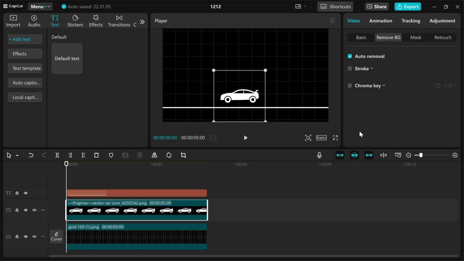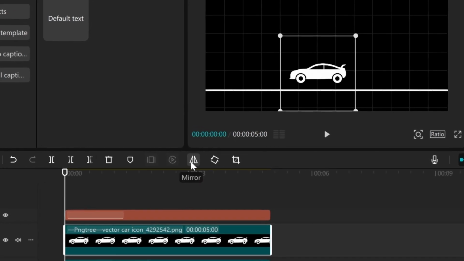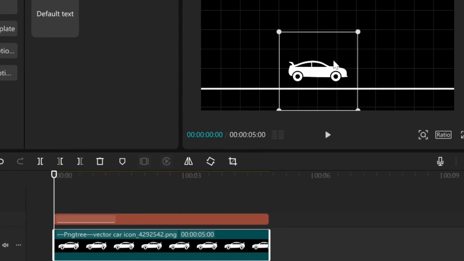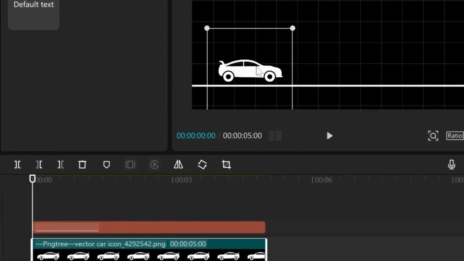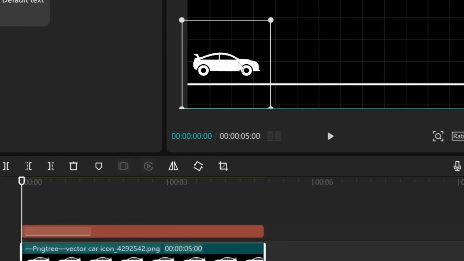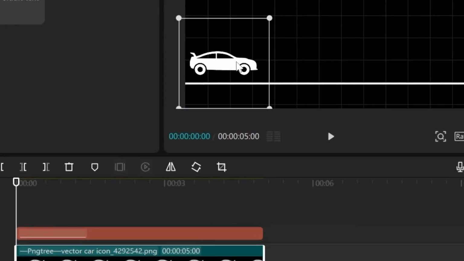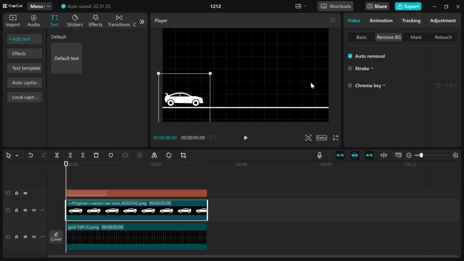I would flip it. There is an icon here in CapCut where you can mirror, and when you mirror it, it just goes to the opposite direction along the x-axis. So yeah, I'm going to put the car here. This one is fairly easy. So we're going to, now that we have this selected, I would want to